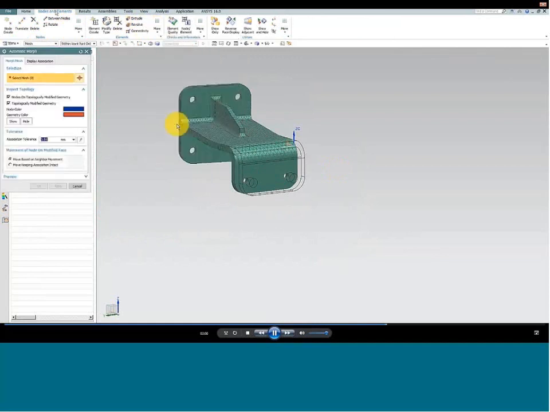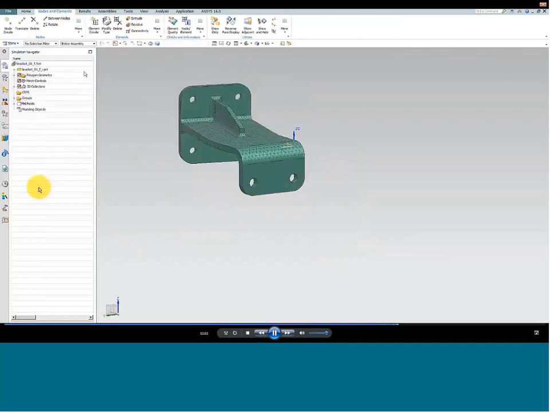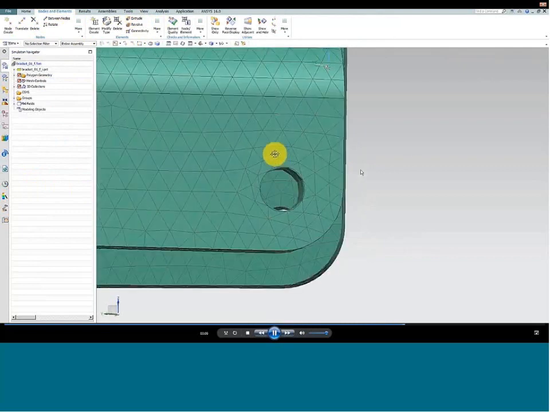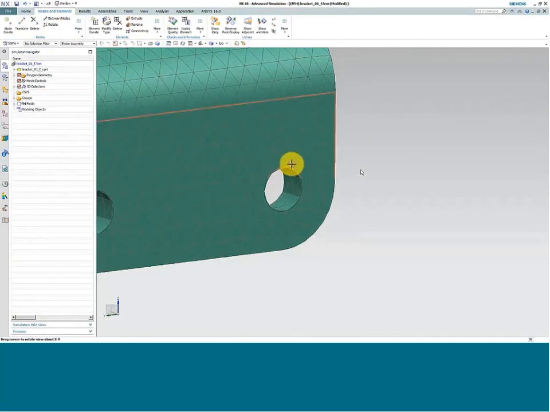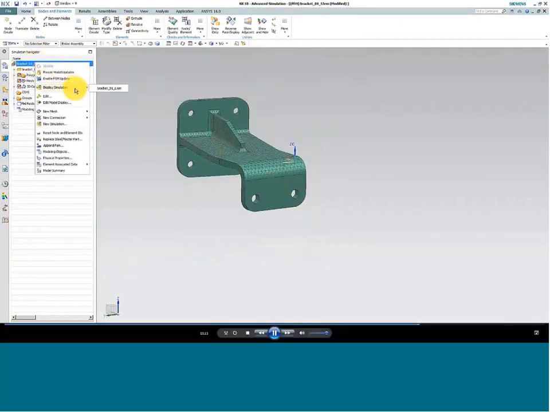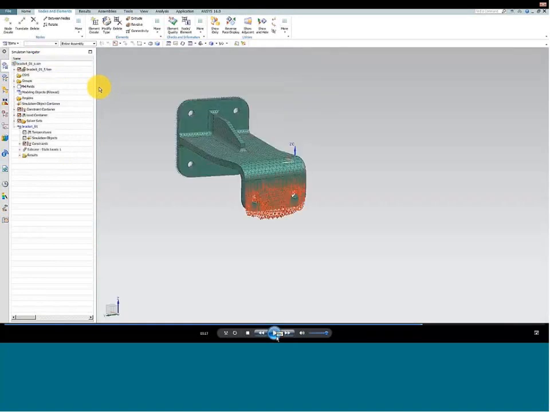So again, I'll go back to the Nodes and Elements tab, select the Automatic Morph command, and select the mesh. And just like that, the nodes and elements have been stretched and pulled and reshaped to conform to the new design geometry. So the mesh itself wasn't actually regenerated. We just stretched and pulled elements in such a way that we maintain element quality while still conforming to the